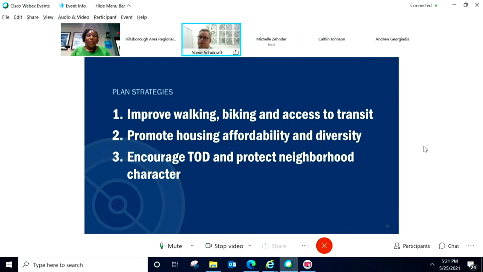So we're assuming some assemblage as we draft the requirements, with the understanding that not all of those will be assembled and not all will achieve the maximum density allowed under the plan. So we're trying to build in some incentive for assemblage, but not go overboard with that and require a significant footprint to move the project forward.